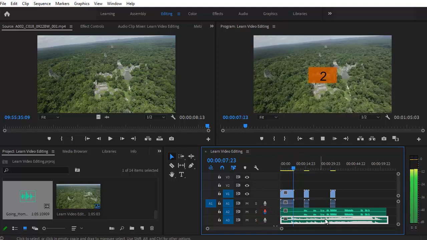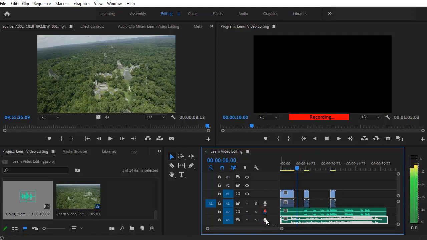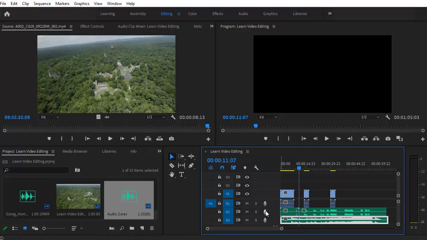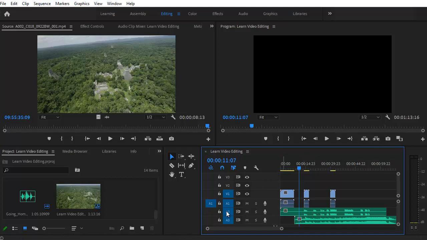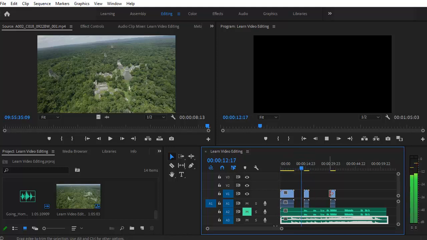So this is the music track. Oh, whoops! It's record. I was recording a voiceover. I definitely don't want to do that. Oops. Here's the mute right there. So I'm going to mute this. It was recording me talk. That was funny. So if I mute this track, I can just hear the audio or the music,